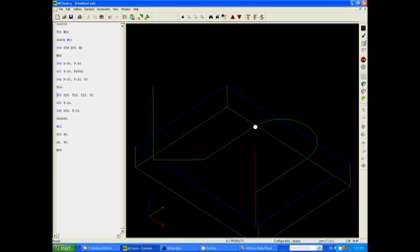Now we're going to switch our modal G code from G01, the feed rate, to G02, which is an arc feed rate in a clockwise direction. G03 is an arc feed rate in an anti-clockwise direction. Now, before I click down onto this line, you'll notice that we have our endpoint. So X positive 25, Y positive 25, and now the I's and J's